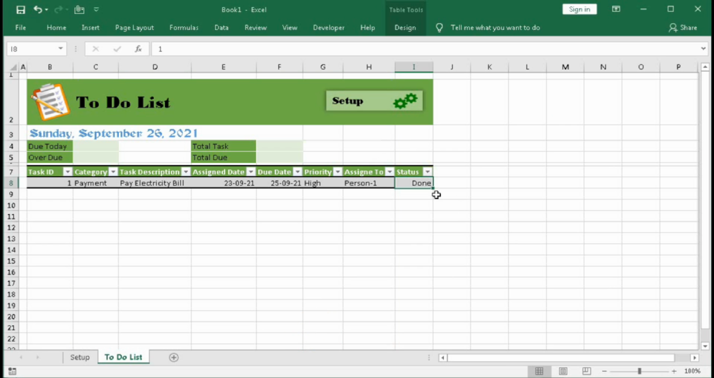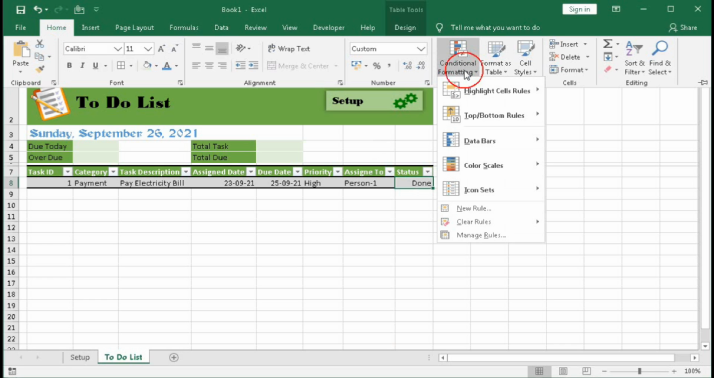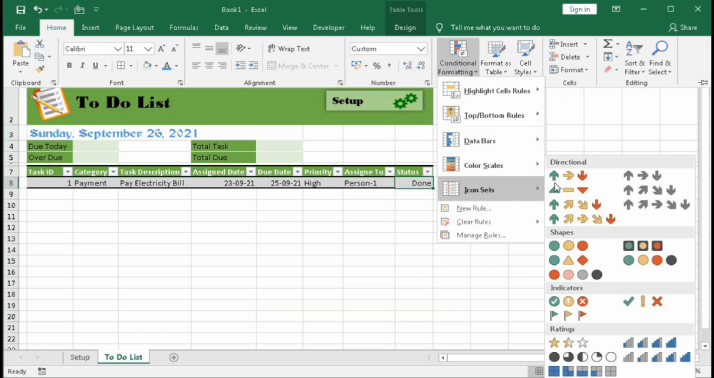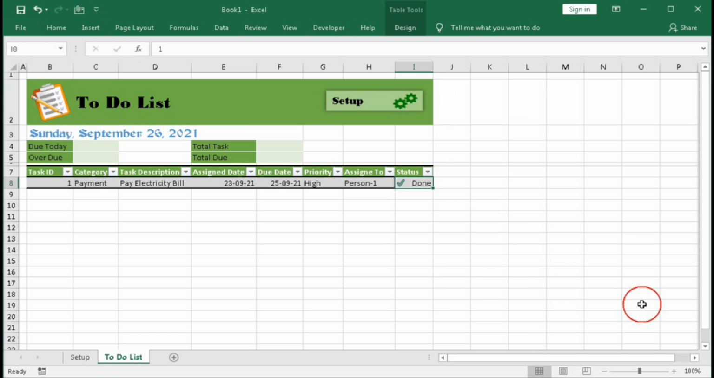Okay, so as we type 1 here, we cannot see the 1, just done, and here we want the tick mark. So for that we need to do conditional formatting. Go to Home, Conditional Formatting, Icon Sets, and select this one. So you can see we got a tick mark here, but we have to change it, so go